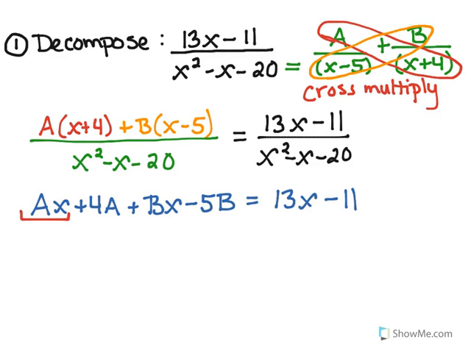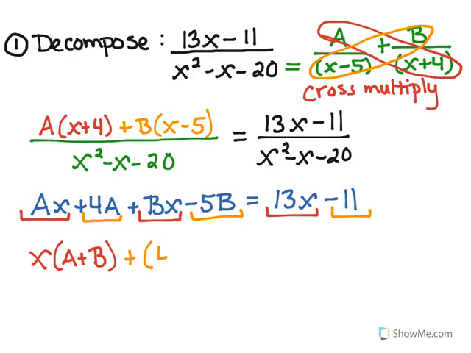I have an ax and a bx, and that will be equal to my 13x. And I have a 4a, which is a constant, and a negative 5b, and that will be equal to my constant. So I have x times a plus b, plus 4a minus 5b. And that's going to be equal to